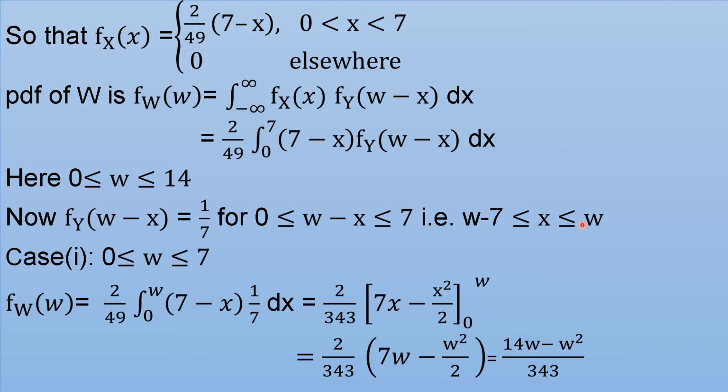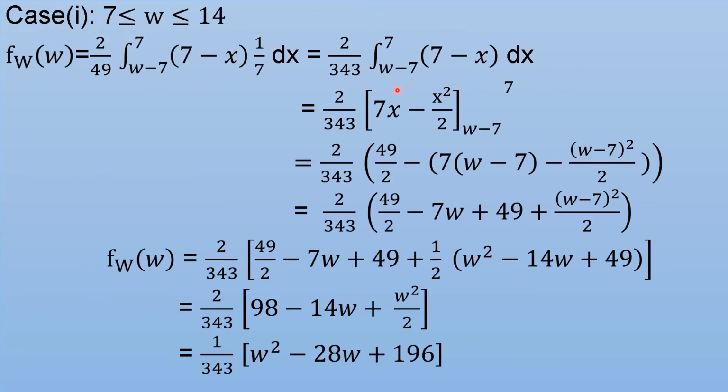And less than or equal to w. W lies between 7 and 14. So you take only 7, because greater than 7 is not possible for x. So take the upper limit as 7, and the lower limit as w minus 7, because w minus 7 lies between 0 and 7. So fW of w will be 2 by 49 into the integral from w minus 7 to 7 of 7 minus x